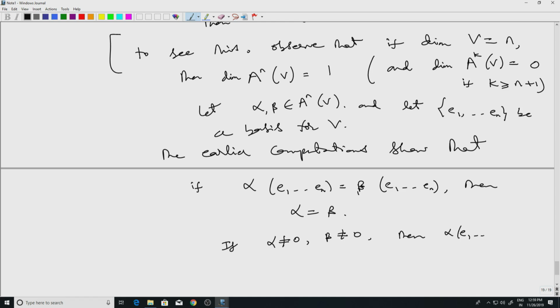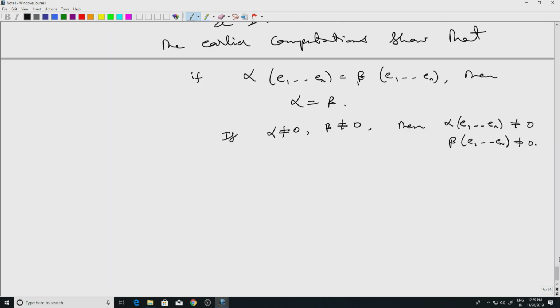Then alpha(e1, ..., en) is not equal to 0, beta(e1, ..., en) is not equal to 0. So what we can do is, if these two are non-zero numbers, in order to ensure that alpha(e1, ..., en) equals beta(e1, ..., en), we can just